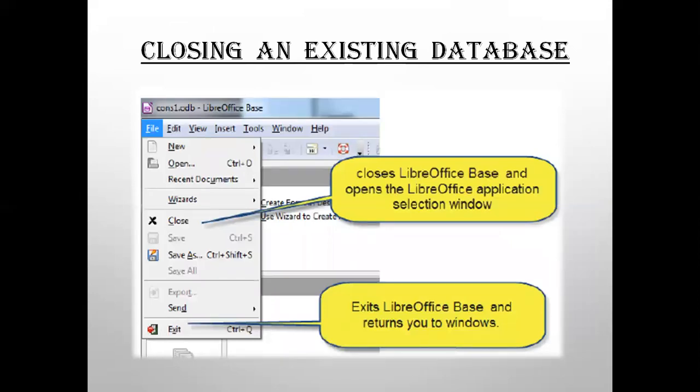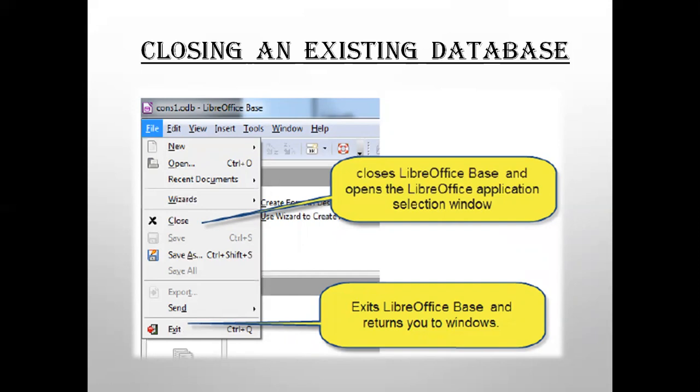Next, we will see how to close an existing file or how to exit the database. Now, in the file menu, you have two options. There is the close to close the file, and there is the exit option, which is like the X close window here to exit the whole database.